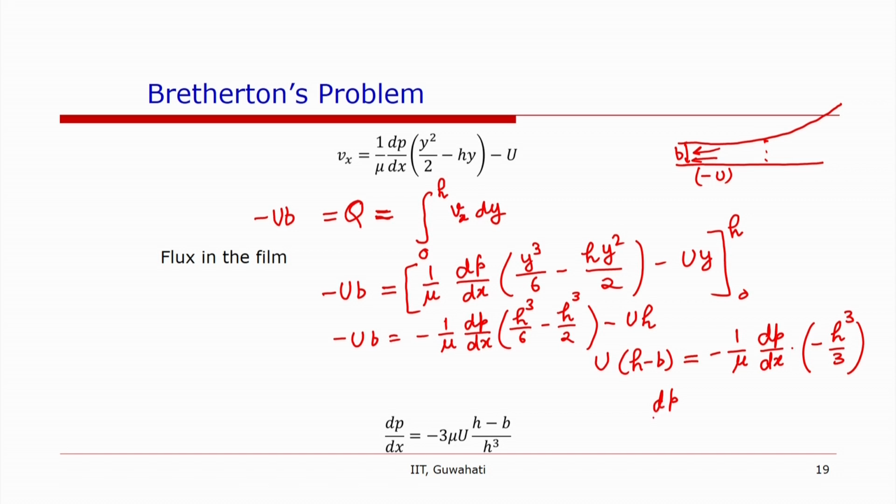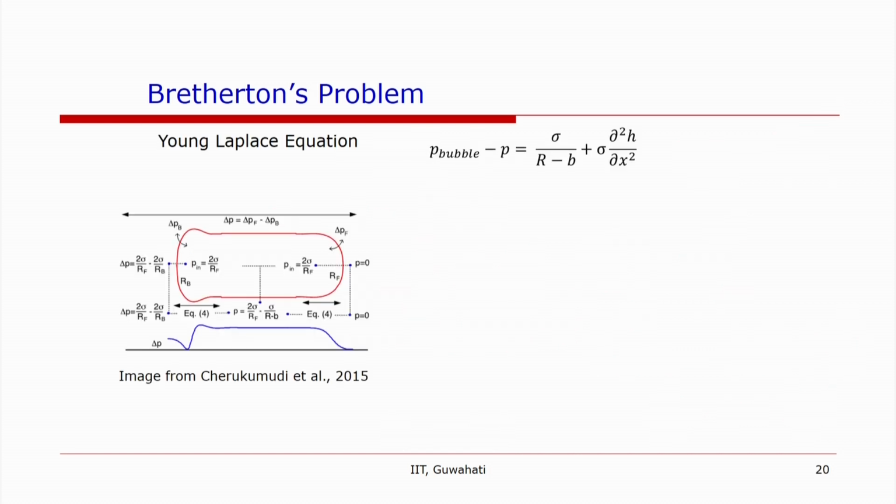dp by dx is equal to 3 mu u into h minus b over h cube. So using the Young-Laplace equation, we can calculate the pressure difference across the, so what this equation is,